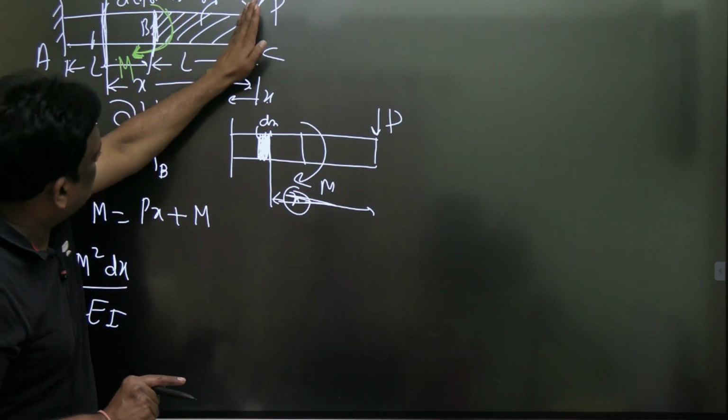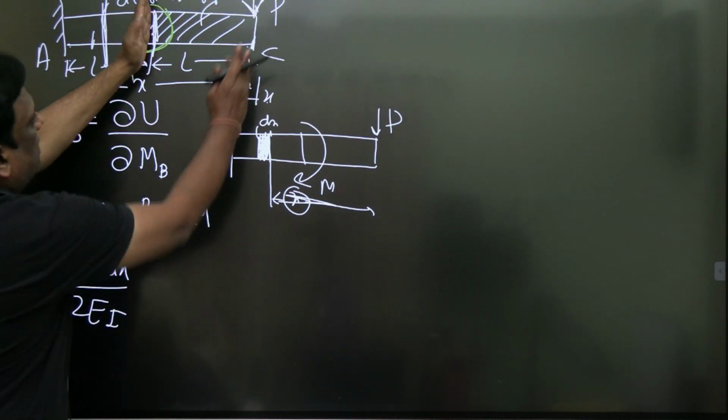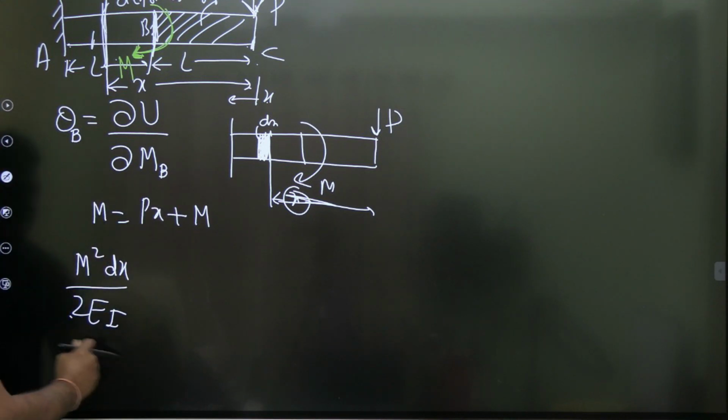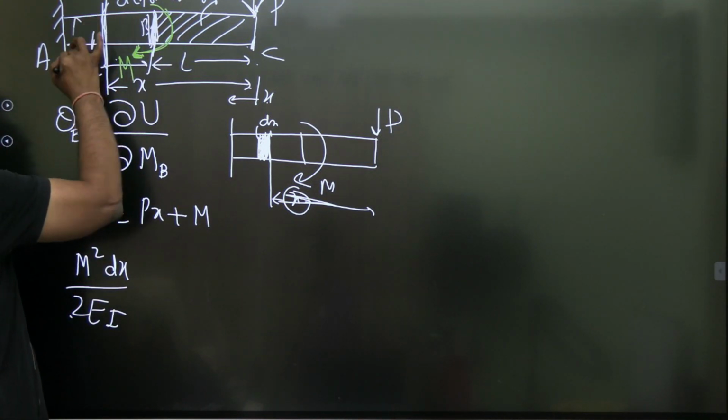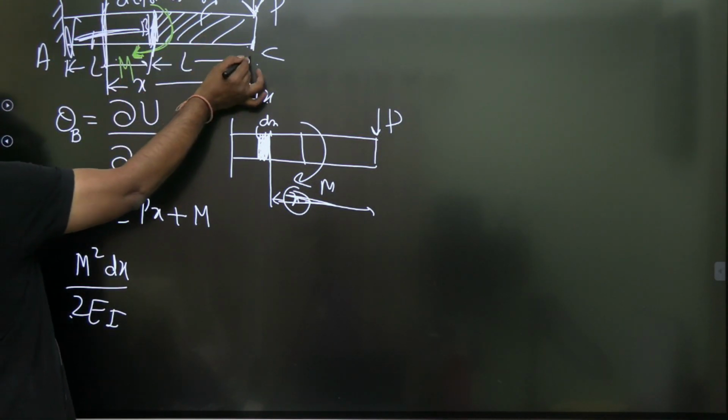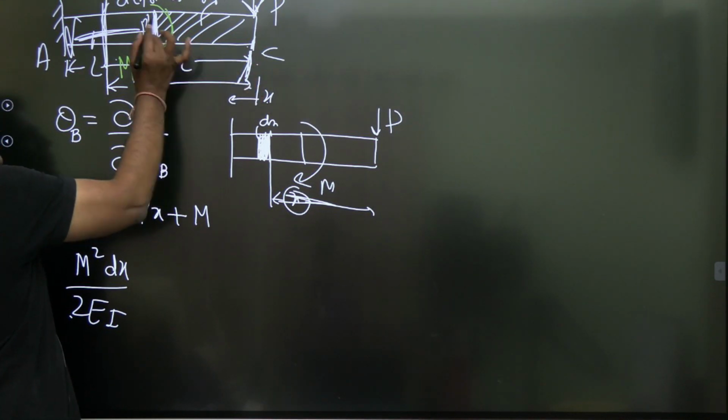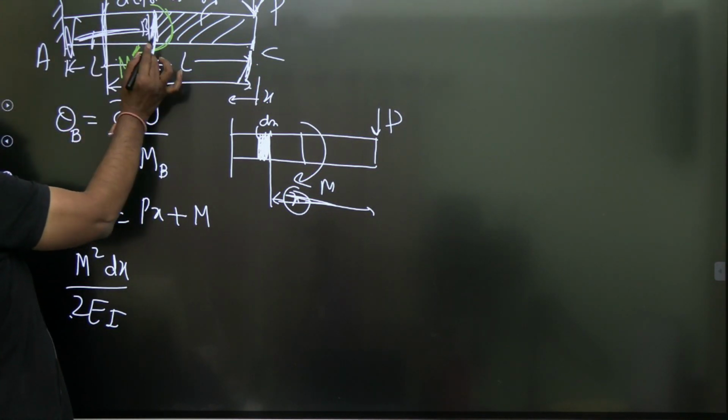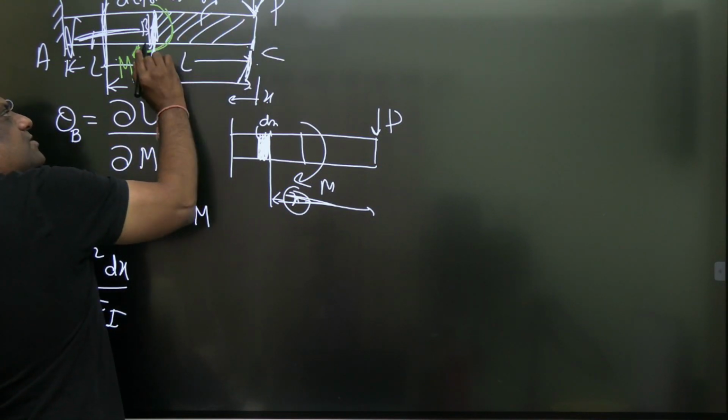So this is a rigid member, so it doesn't absorb any strain energy. Whatever strain energy is absorbed is from this to this, therefore it is the deformable member. So X should be measured from here. X should be integrated from L to 2L, but not from 0 to L, not from 0